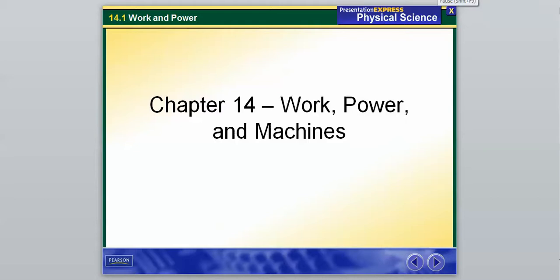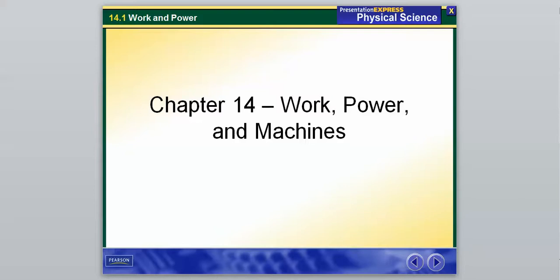We are starting today with Chapter 14, and the title of this chapter is Work, Power, and Machines. So I would definitely write that down. That may or may not show up as the first question on a quiz. So that's just a little introduction about what this chapter is, just the title, and it'll make more sense if we